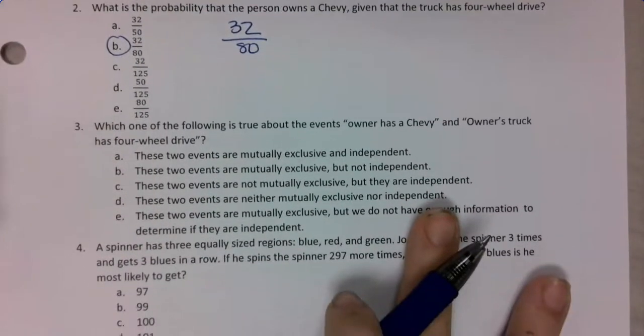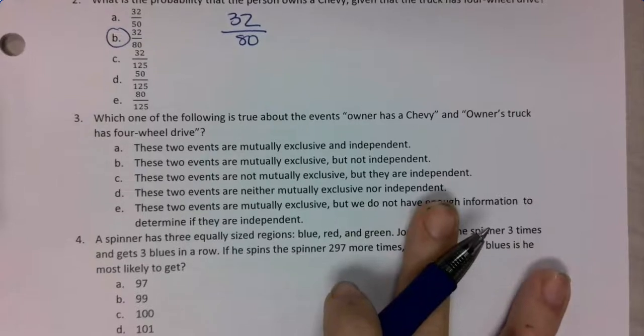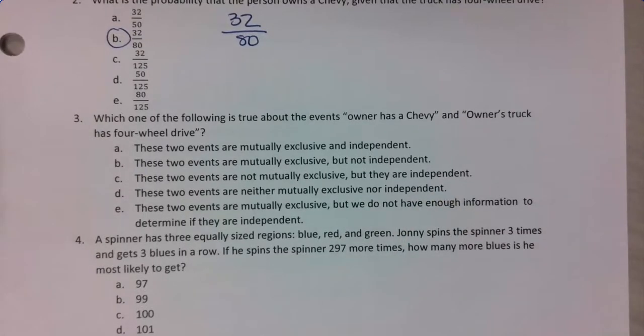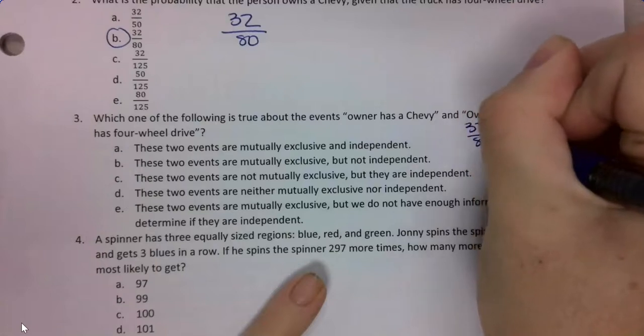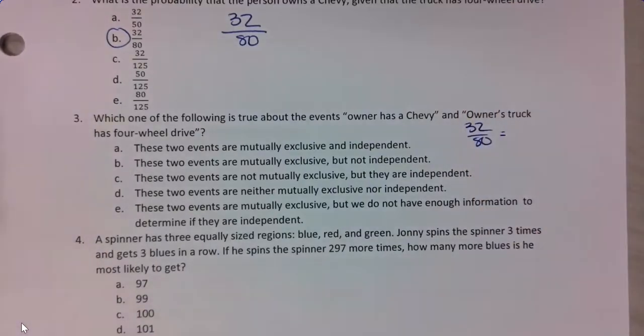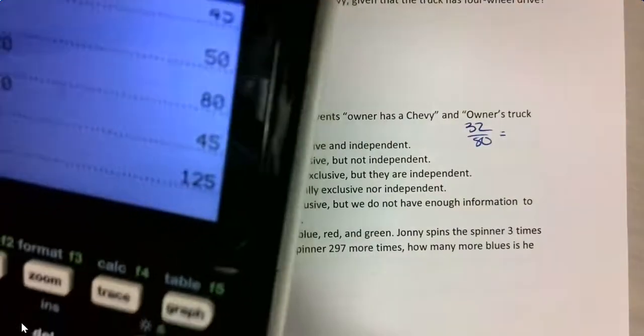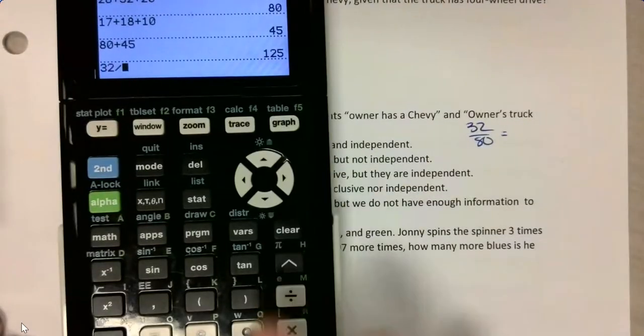Number 3 says, which of the following is true about the events: owner has a Chevy and owner's truck has 4-wheel drive. So this one is asking me to decide if they're mutually exclusive and independent. In order to check for this, I need to see the ratio for these. So the first ratio I want to check is being a Chevy with 4-wheel drive. This is 32 out of 80, which if I simplify on my calculator, 32 divided by 80